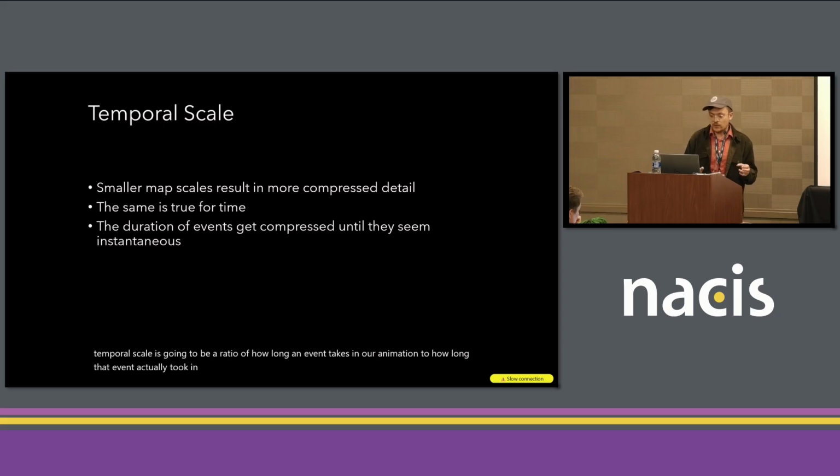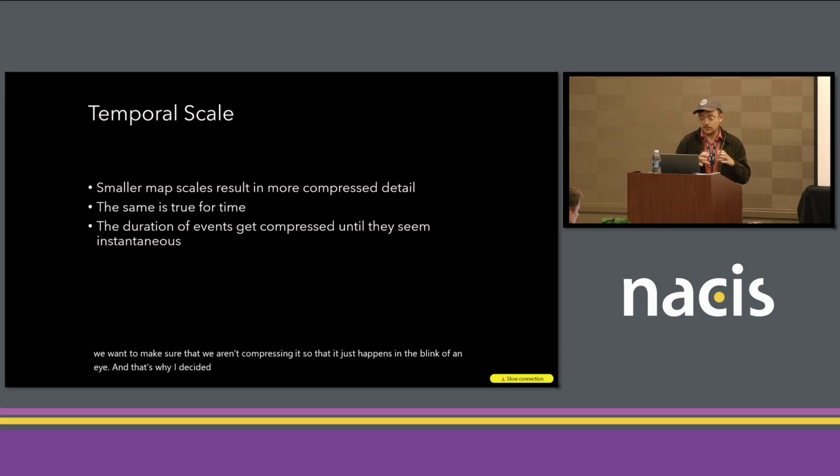And just like with our spatial scale, as the scale gets smaller, details get more and more compressed, so a polygon gets generalized down to a point. The same is going to be true with time. As we compress the time more and more, events are going to become briefer and briefer until they appear instantaneous. So if we want to show something having a duration, like a flight, we want to make sure that we aren't compressing it so that it just happens in the blink of an eye,